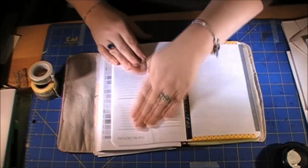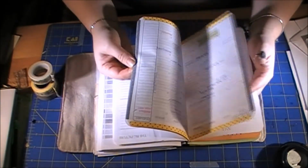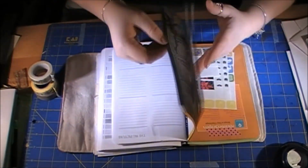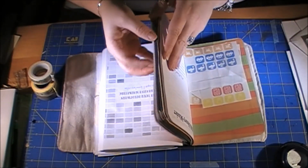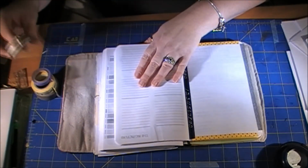So I'm going to take those off, and as you can see, for October I decided to stick with a single washi theme throughout the month, and I like the way it looks, and I also like that when the month is finished I can easily see which was which. So I'm going to do that again,